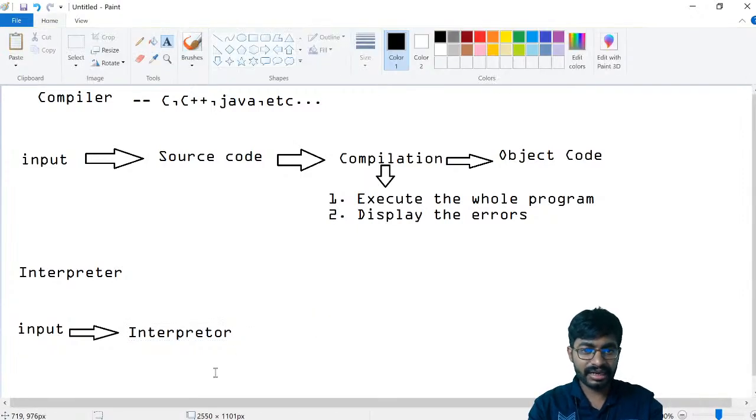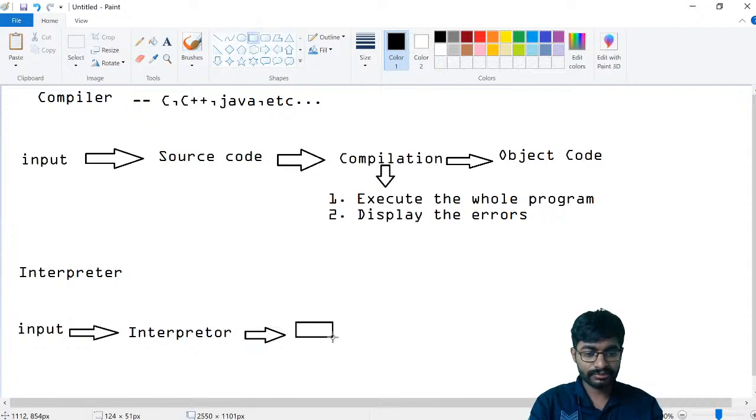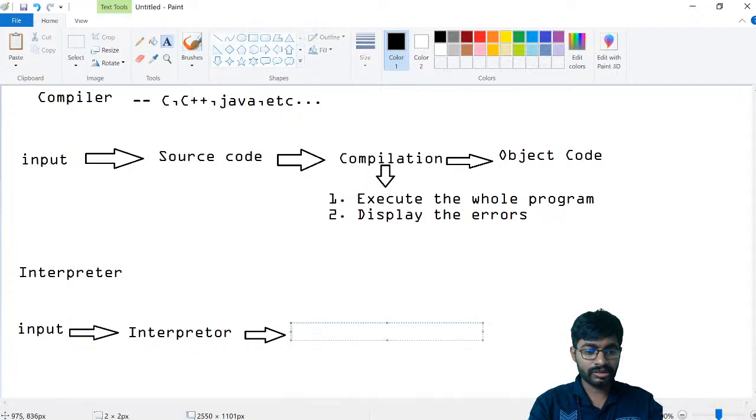The meaning of interpreter itself we can justify in the form of interruptions. Whenever an error is there, an interruption will occur. So finally the object code will be there.